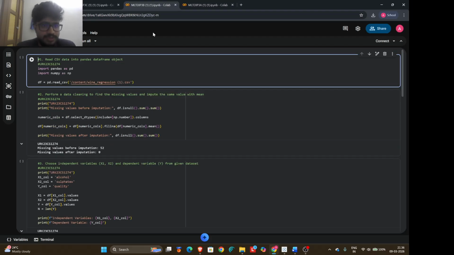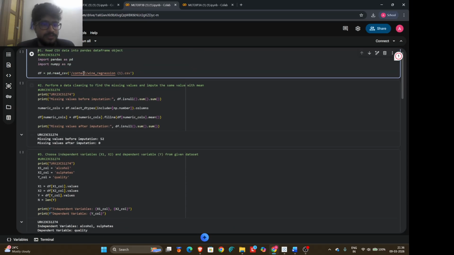Next is multiple linear regression. So what's the difference between multiple linear regression and single linear regression is for multiple linear regression we will take 2 or more x values, while in the single linear regression we'll just take one x value. So first we import all the necessary libraries and then import the CSV